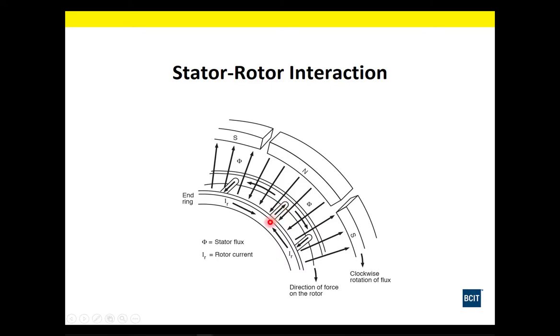Now we've established that the current will be going in this direction when our rotating stator field is going in a clockwise direction here. Okay, so now our current's going to be going around and back. We can do the same left-hand rule